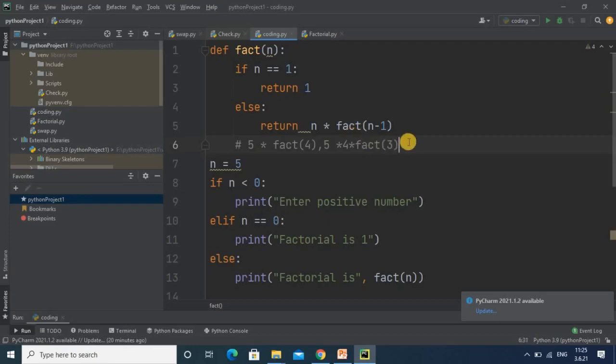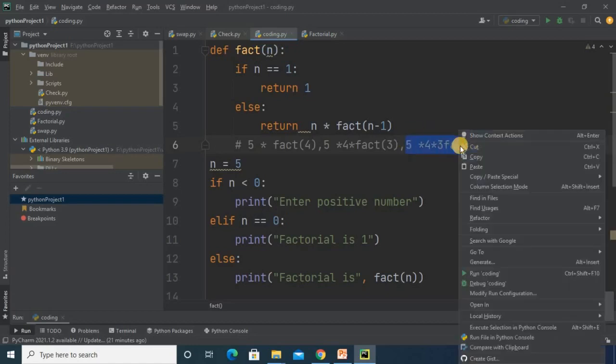In this way the step is repeated. In the next case it will become 5 into 4 into 3, and here it will be 2.